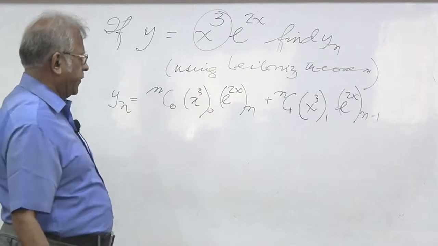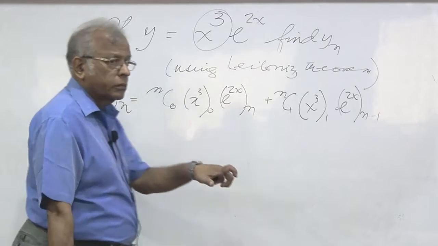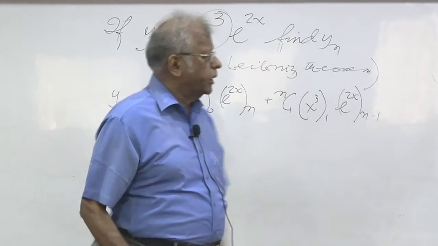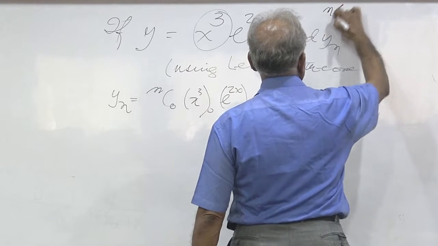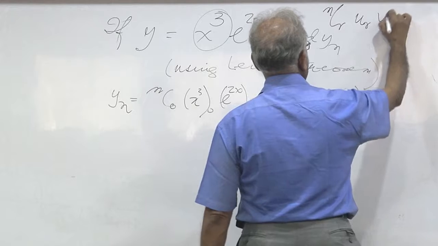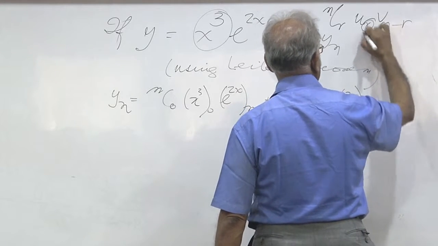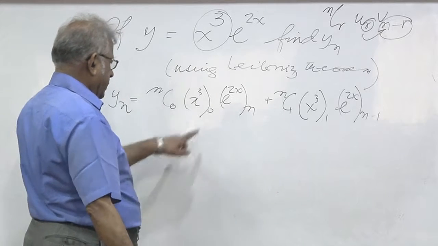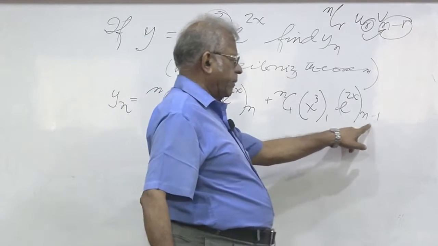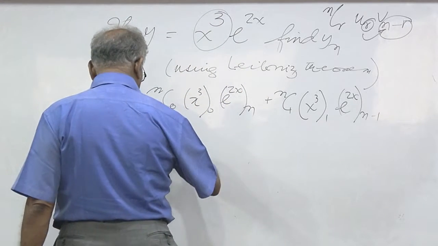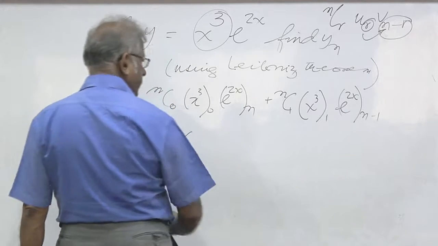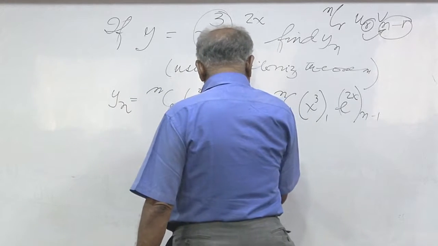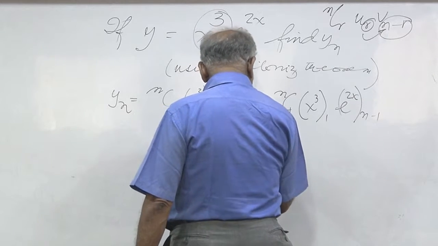One must note that in the basic theorem, the suffixes of u and of v will always add up to n. If we notice the general term, it was nCr u_r v_(n-r). So, if we take the suffixes and add them, they will turn out to be always n. So, here also you see 0 plus n is n, 1 plus n minus 1 is also n. The next term will be plus nC2 x cubed differentiated twice, e to the power of 2x differentiated n minus 2 times,